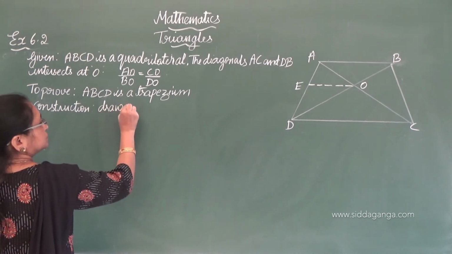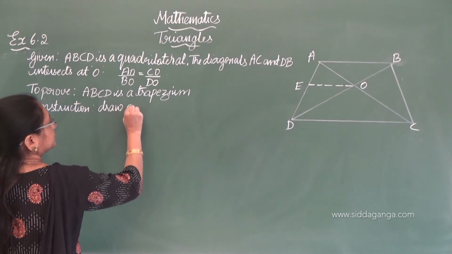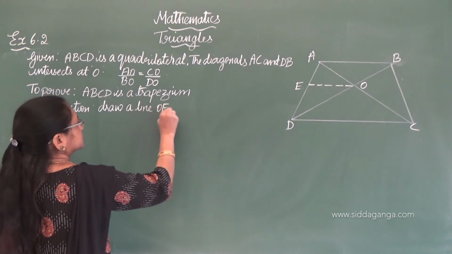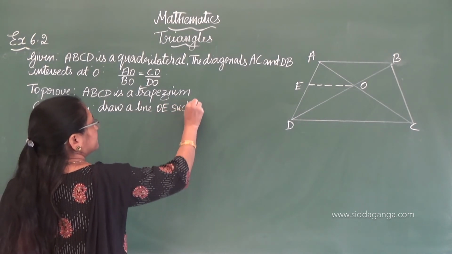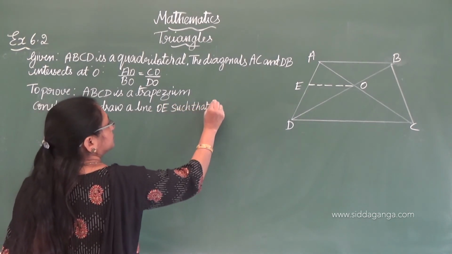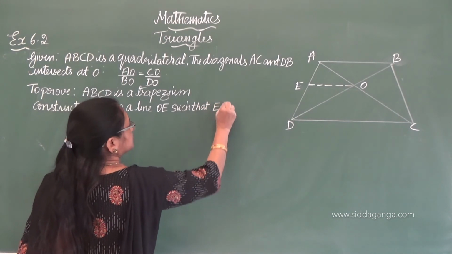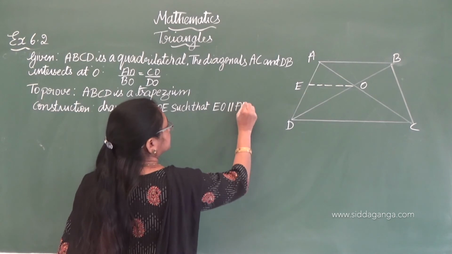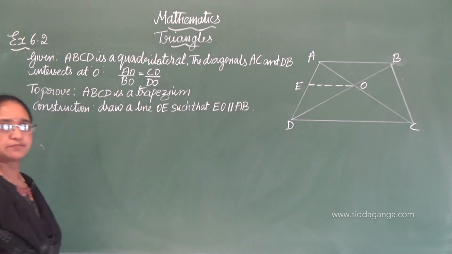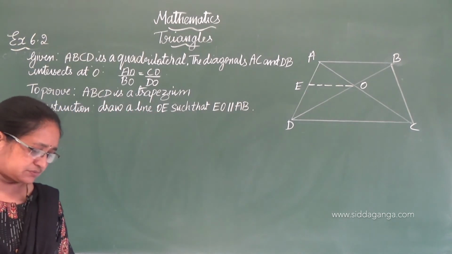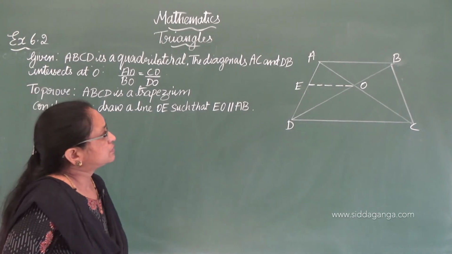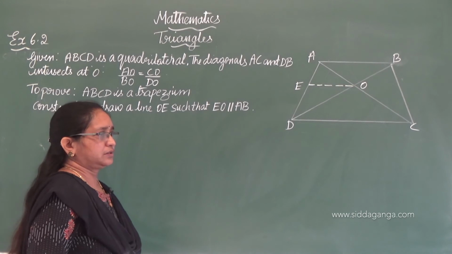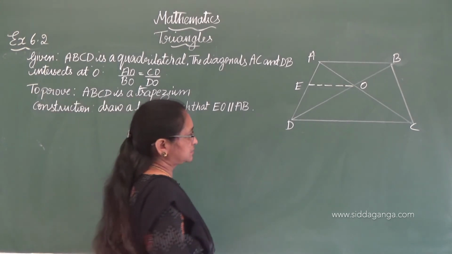Draw a line OE such that EO is parallel to AB. Okay. Now with the help of this, we have to prove, see, in 9th standard you have studied,